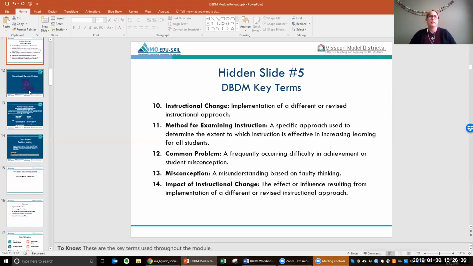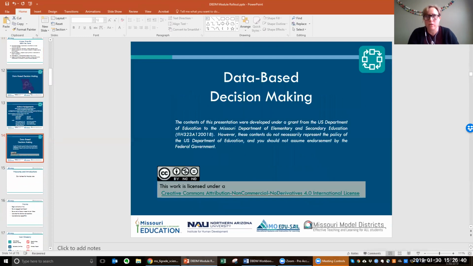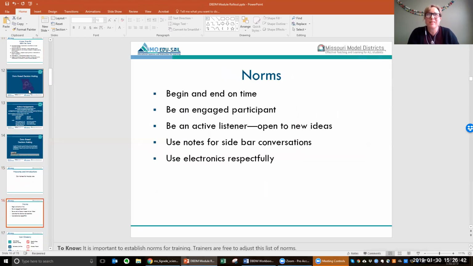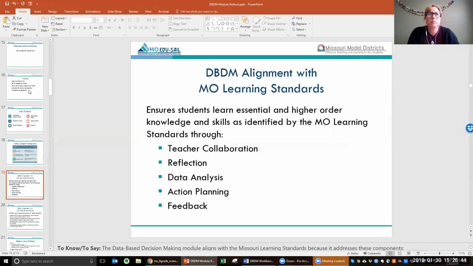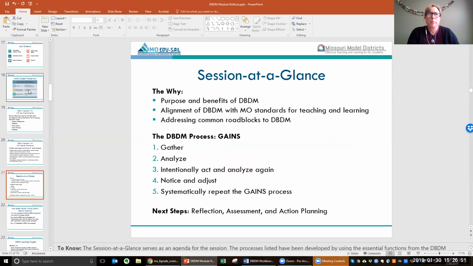I am going to go ahead and skip these standard slides that are used in all of the professional learning modules. They're pretty self-explanatory. I'm going to start up again at the Session at a Glance. The Session at a Glance slide provides a very basic outline of the module. You can use this slide to preview